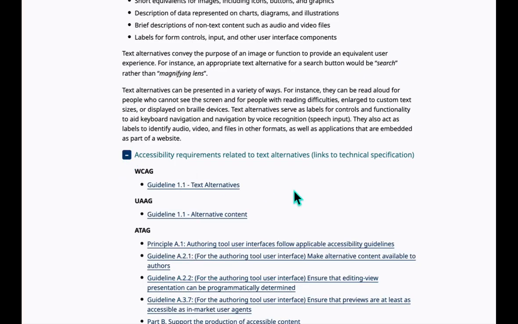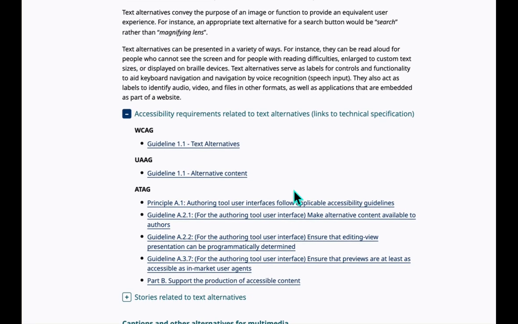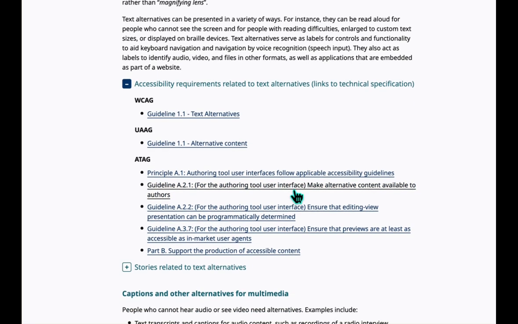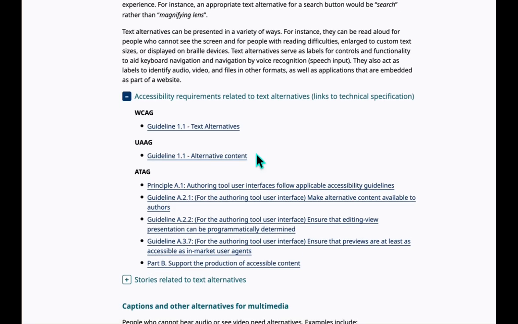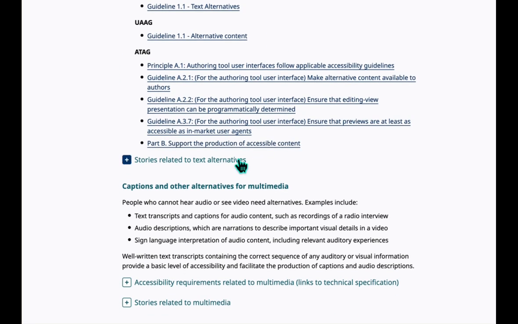Accessibility requirements related to text alternatives, links to technical specification. So here, stopping to read, here you will find there are different links to the technical specifications that we had seen, which were WCAG, UAAG, and ATAG. And this section has got WCAG, and it has the different links right here. Okay. Moving on to the next section,